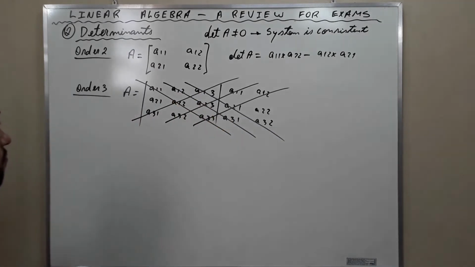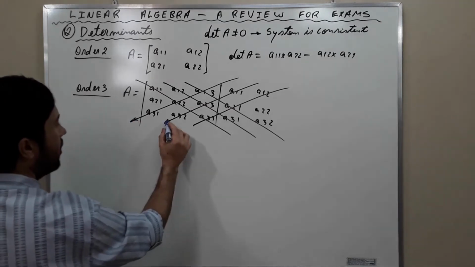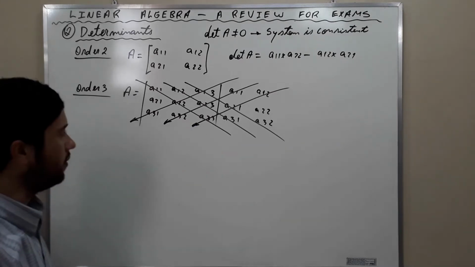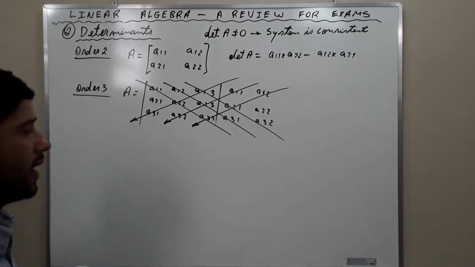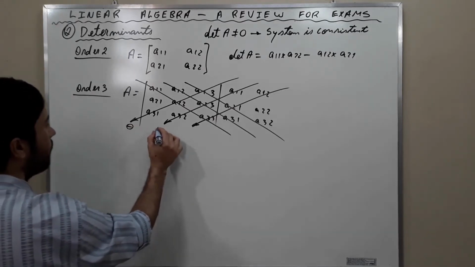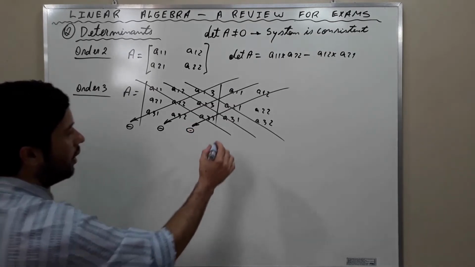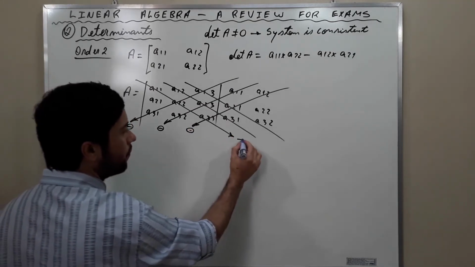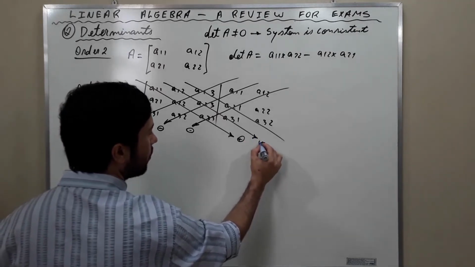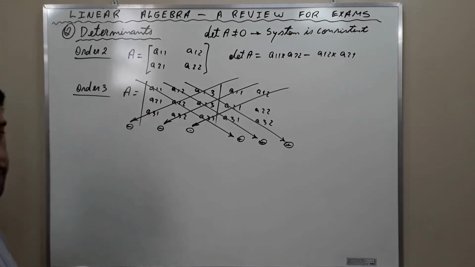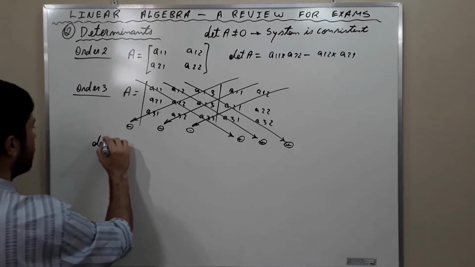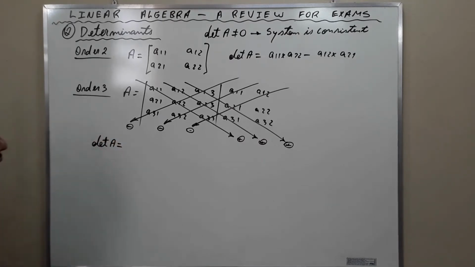Okay? Knowing that for these guys, the multiplication of the elements has to be multiplied in the end by -1. And for these guys here, you keep the original sign. Okay? Then the rule of Sarrus says that the determinant of A is going to be